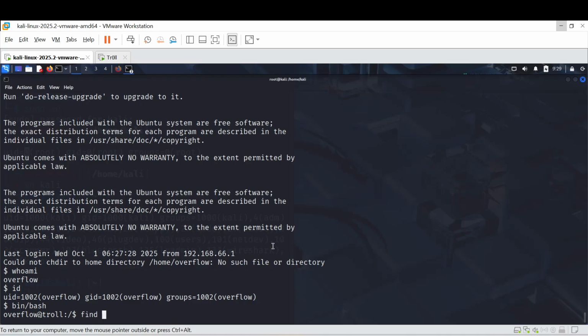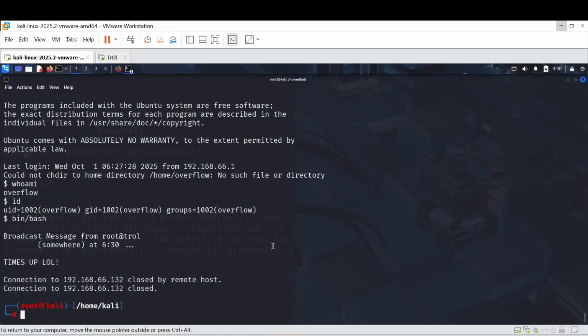Now over here, guys, the very first thing we are going to perform is to find the writable files that are present in this target location. With the help of it, we will be able to make changes to them. So for that, I'm writing the simple command find slash, which indicates the whole file system. Then after that, I gave,